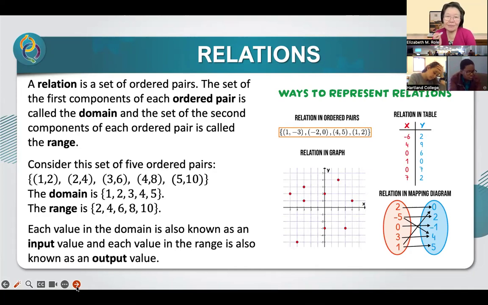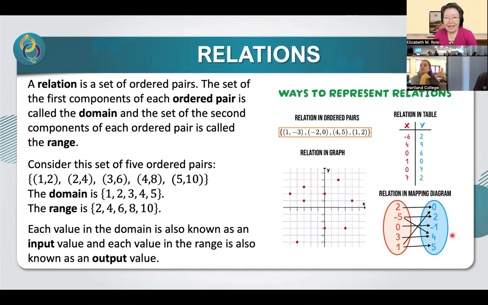Just from the graphs, we are able to find the ordered pairs, or we call it mapping. In this mapping, one value is associated with the other value, so your X is associated with a Y. So these are 4 ways of representing relations: ordered pairs, a table, a graph, or